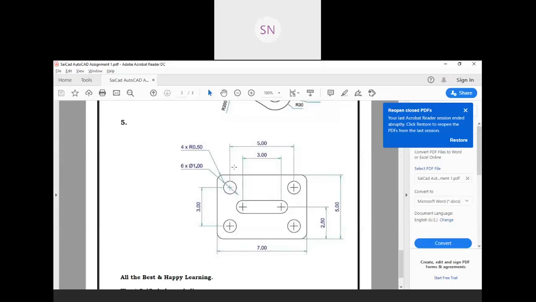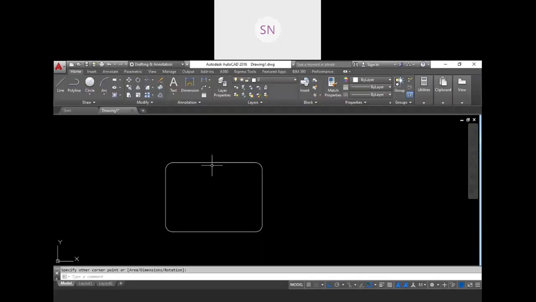Now what we need to do, we just need to find the center point of these circles, right? So we will use the same method as we discussed. So 5 mm on both sides. So we will create one line first.